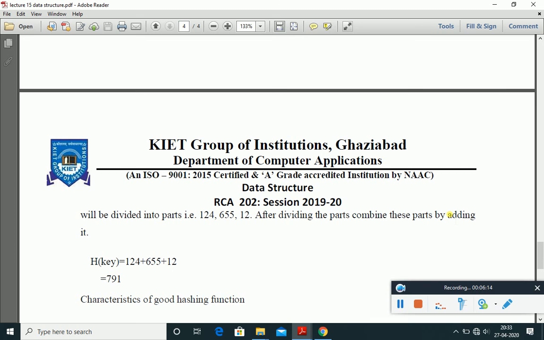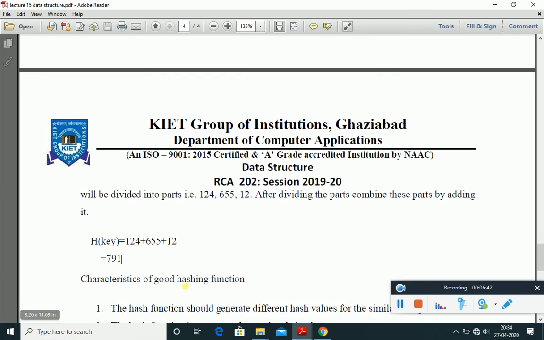You can make any decision: first 3 digits, then second 3 digits, then last 2 digits, or first 2 digits, then 3 digits, then last 2 digits. Whatever the range of the key values you have, based upon that you can decide the folding scenario. If you add these folding values, you get the hash value. This hash value may be unique, but again this method is also not a collision free method.